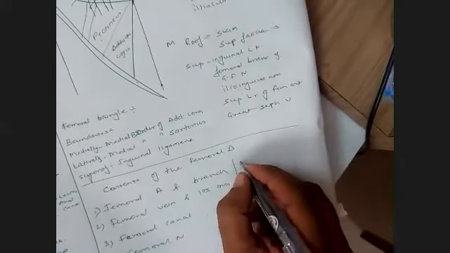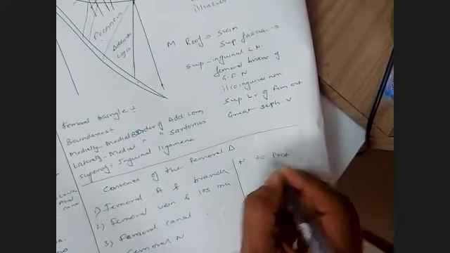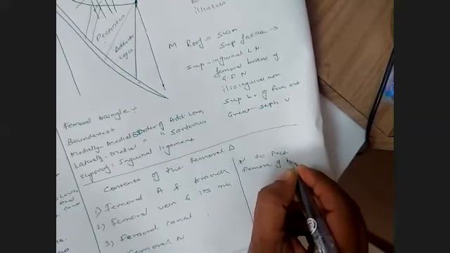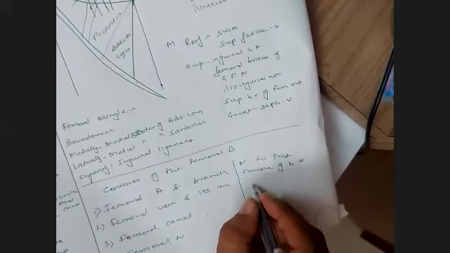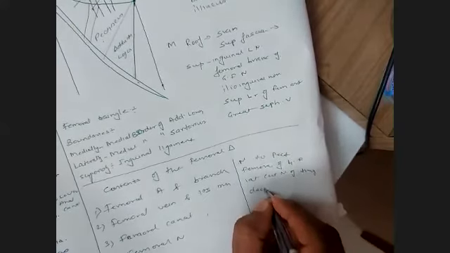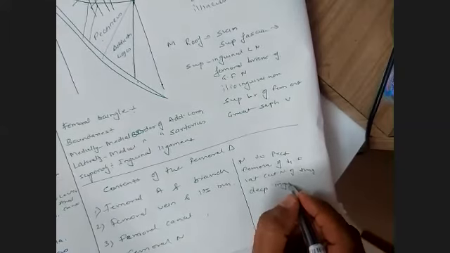Of course, the fourth content is the femoral nerve. The femoral nerve is also one of the contents, and then there will be the nerve to pectineus. These are the important things. There is the femoral branch of the genitofemoral nerve, the lateral cutaneous nerve of thigh, and there are deep inguinal lymph nodes. So superficial inguinal lymph nodes are in the roof, and deep inguinal lymph nodes are the contents.